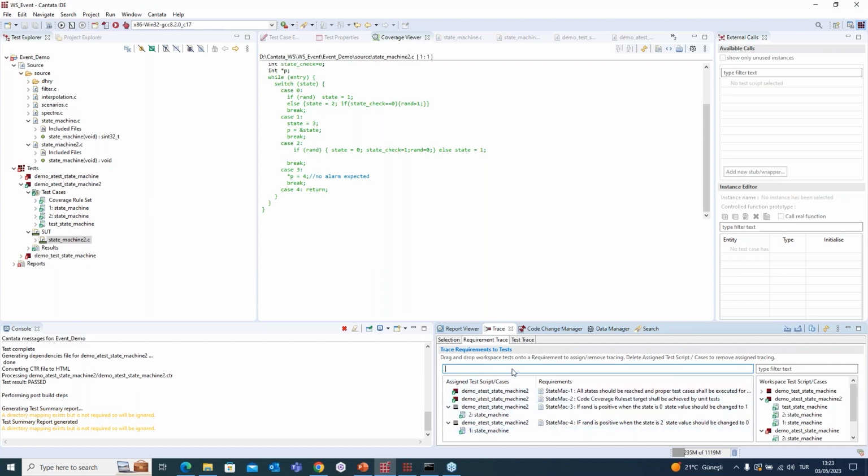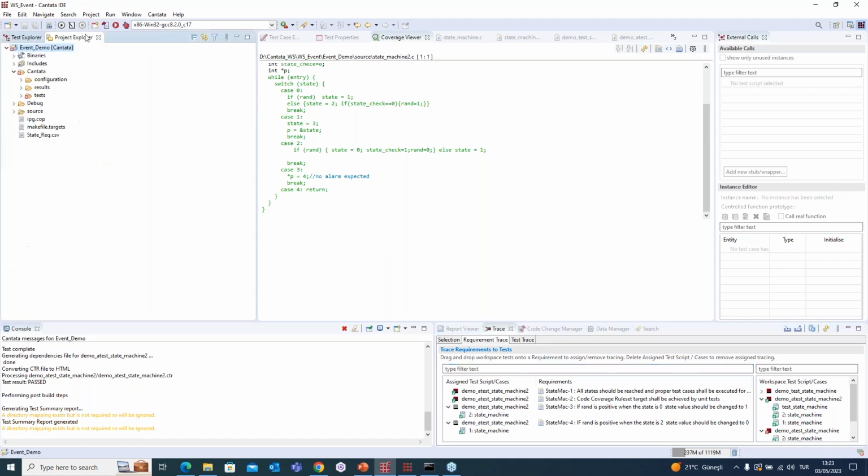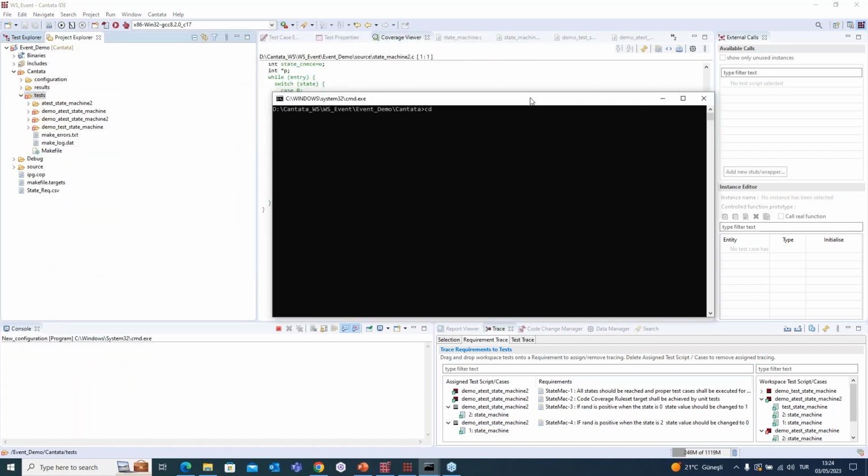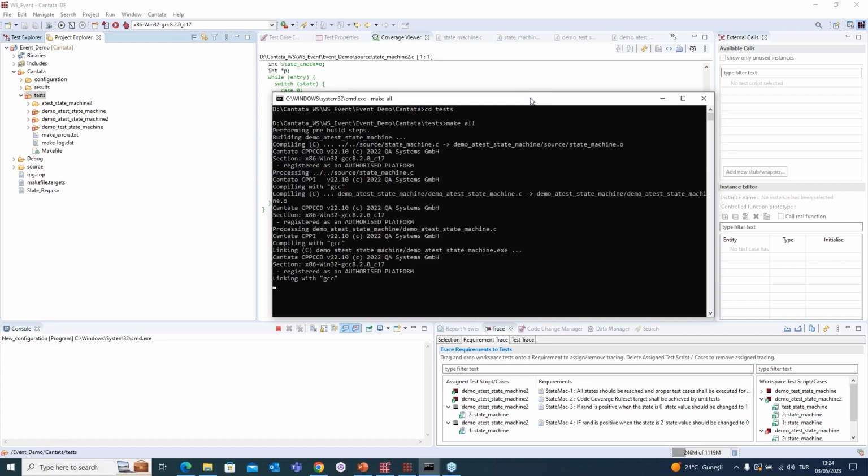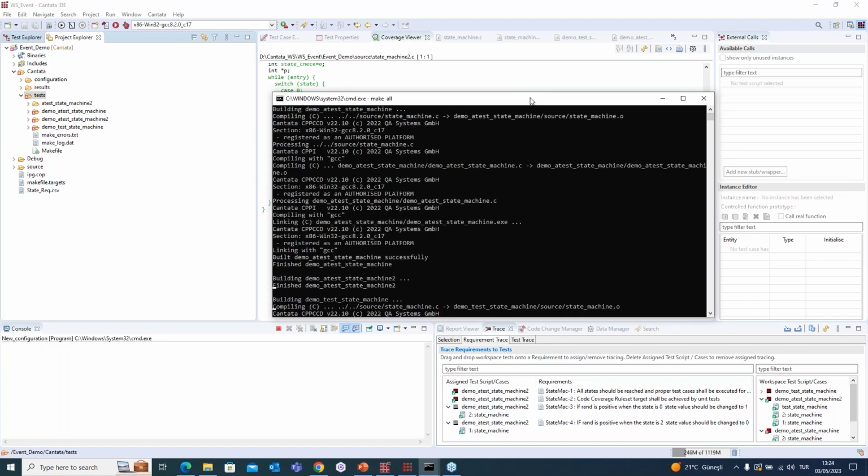Of course, as a powerful dynamic testing tool, Cantata is also capable of running in continuous integration and DevOps procedures. Therefore, for example, if I go here to the test folder and use my command prompt, with just simple commands like this, I can execute all of my tests on the command line too.